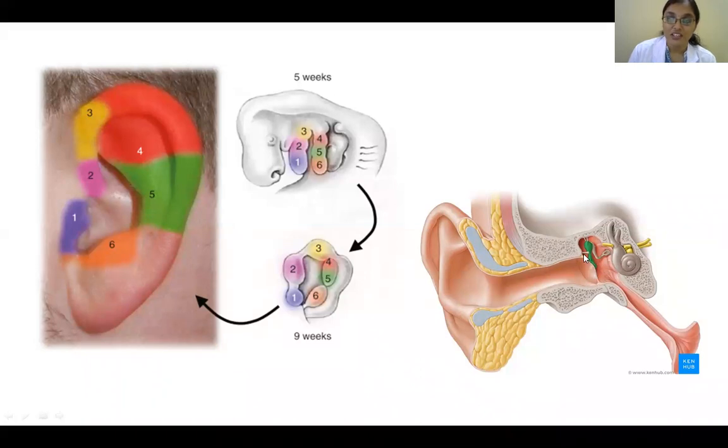So the tympanic membrane is tridermal. From this side it is ectoderm, the other side is endoderm, and in between, I told you, there will be scanty mesenchyme. So when you say the tympanic membrane, all the three tissues will be there: ectoderm, mesoderm, and endoderm origin. So tridermal origin is there for this thin tympanic membrane. I hope you understood this first ectodermal cleft. And outside the cleft, this auricle is because of these mesenchyme elevations.